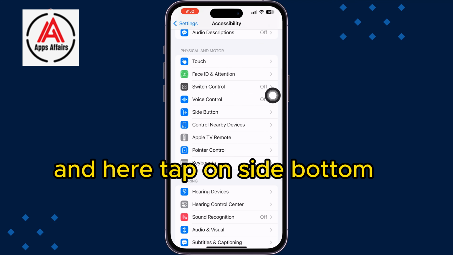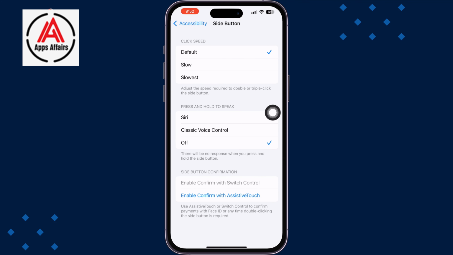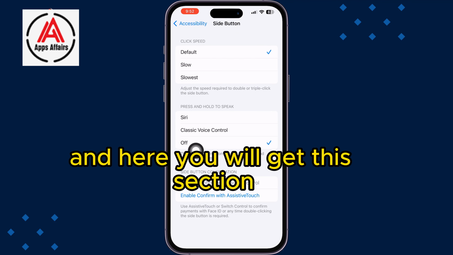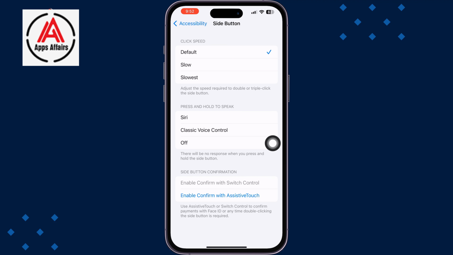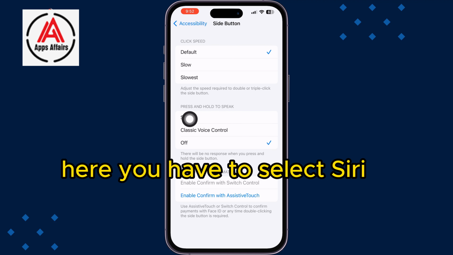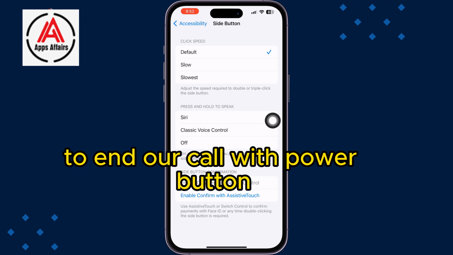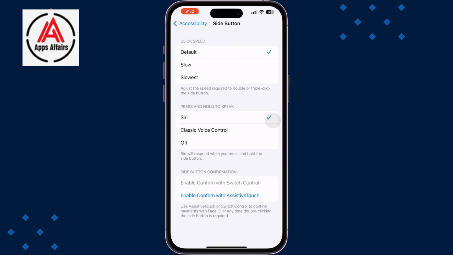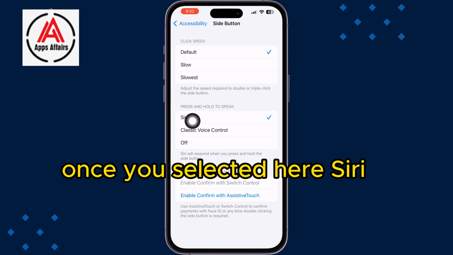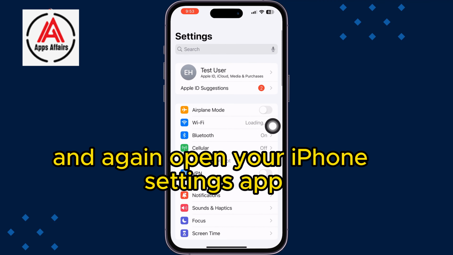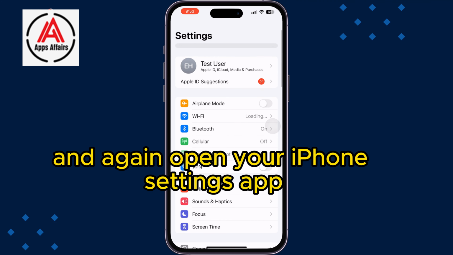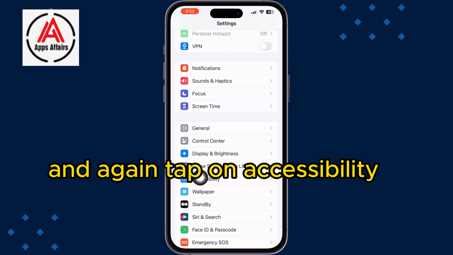And here tap on side button. And here you will get this section, press and hold to speak. Here you have to select Siri to end a call with power button. Once you selected here Siri, go back from here and again open your iPhone settings app and again tap on